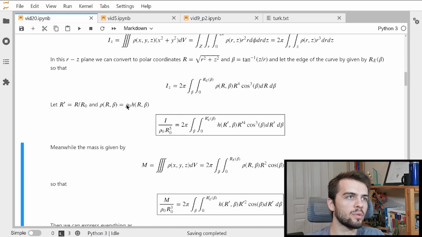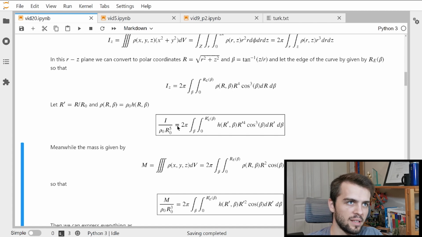And I let rho of r equal rho naught. So that's some mass density times h of R, beta. H is just some function that's dimensionless. And I like writing the mass density this way. You have rho naught, which is an actual thing, and then a dimensionless function. This is just expressing it in a convenient way. And so I divide by everything, right? So I divide by rho naught r naught to the 5,